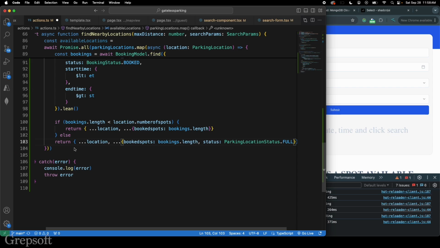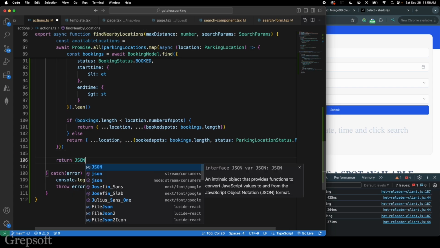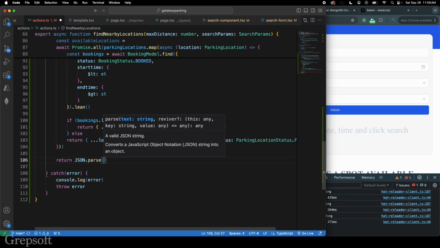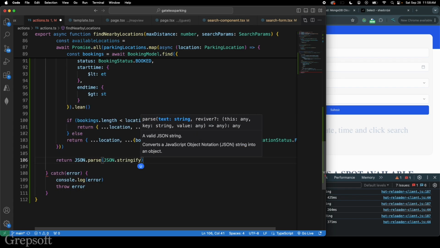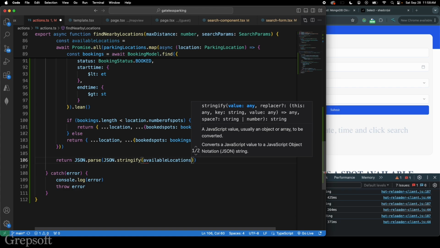And then finally, once you're done with all this, we're going to do return JSON.parse, JSON.stringify, and then I'm going to do available locations. Cool. All right, so